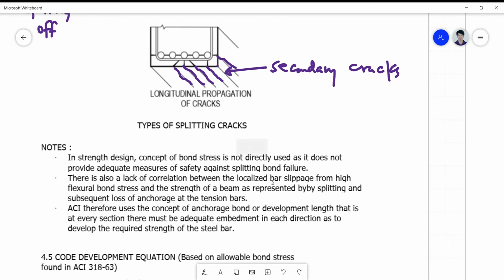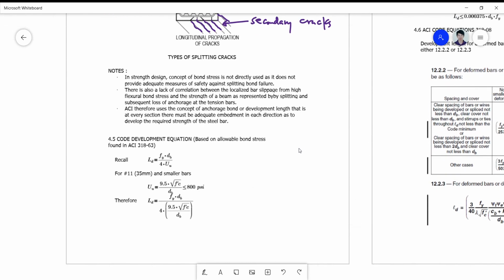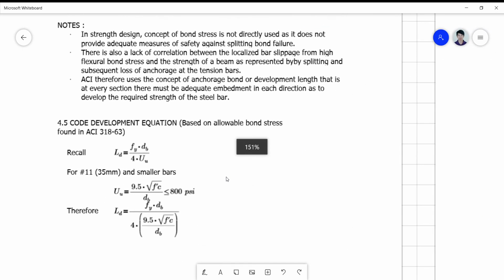Okay, so we have some formula here that we normally see, and these are some historical equations that we can have to understand better the new equations today. Okay, so we recall that this is the